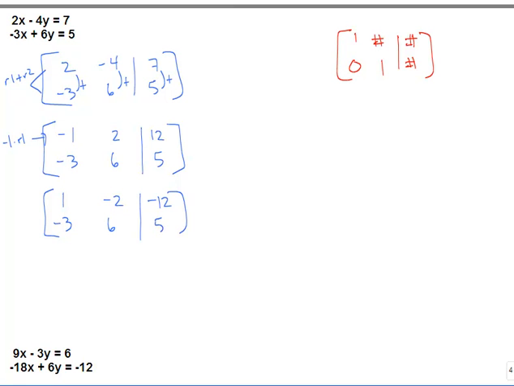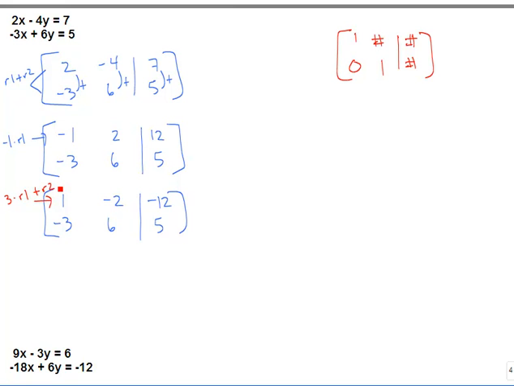It's going to stay the same. So now I have the 1 that I need. Once you get your 1, you're always going to be able to get your 0. So the way you do that is you take the opposite of the number that you are trying to eliminate. I want to get rid of -3, so I'm going to take +3 times row 1 and add that to